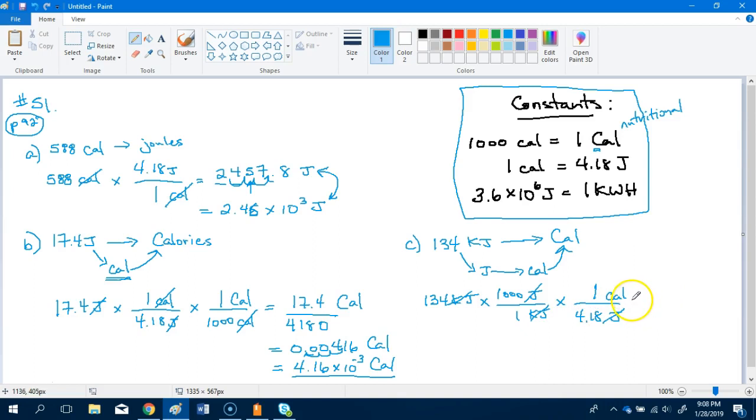And then lastly, I have to go from calories to nutritional calories. So I'm going to put calories on the bottom, nutritional calories on the top, and 1 nutritional calorie is equal to 1,000 calories as says here. So this is a bit longer, a few more steps to get this conversion. And then I'm going to multiply across the top. So I have 134 times 1,000